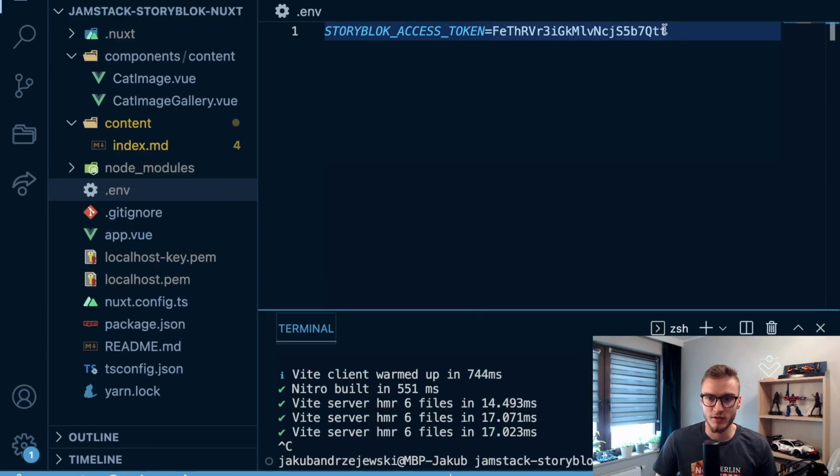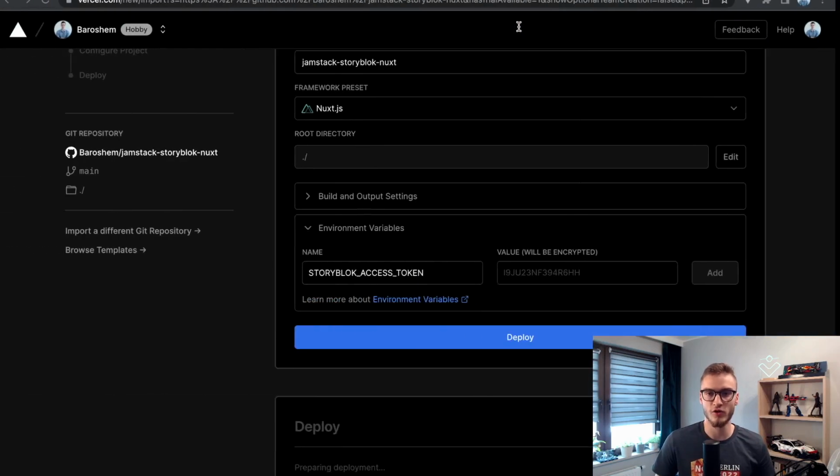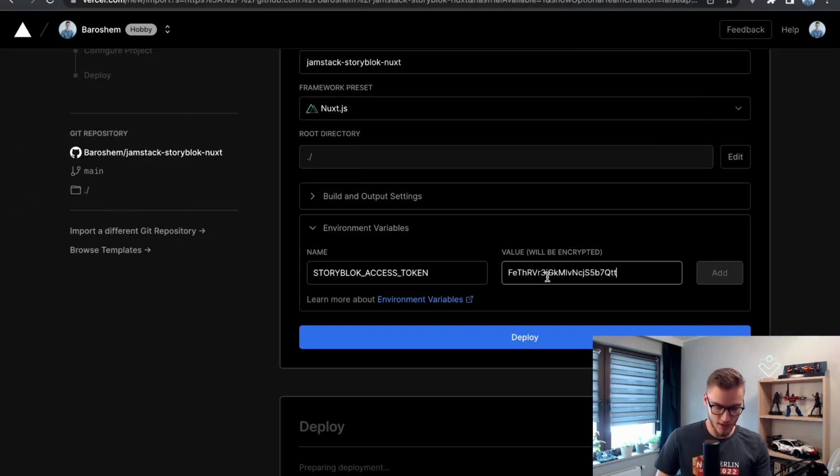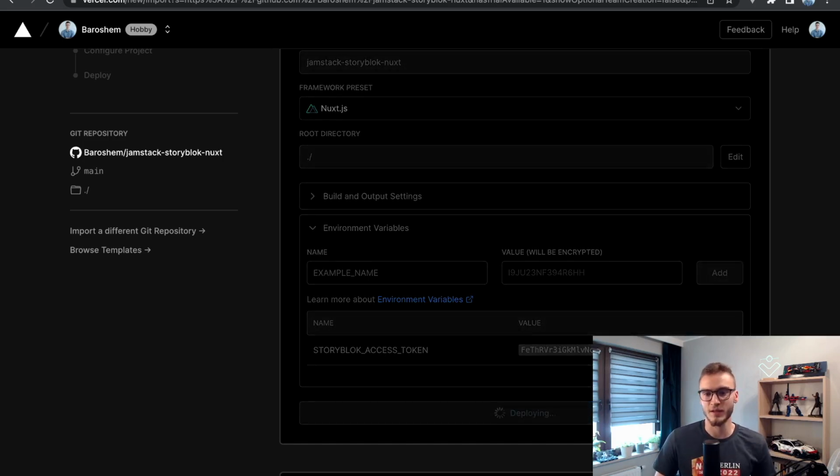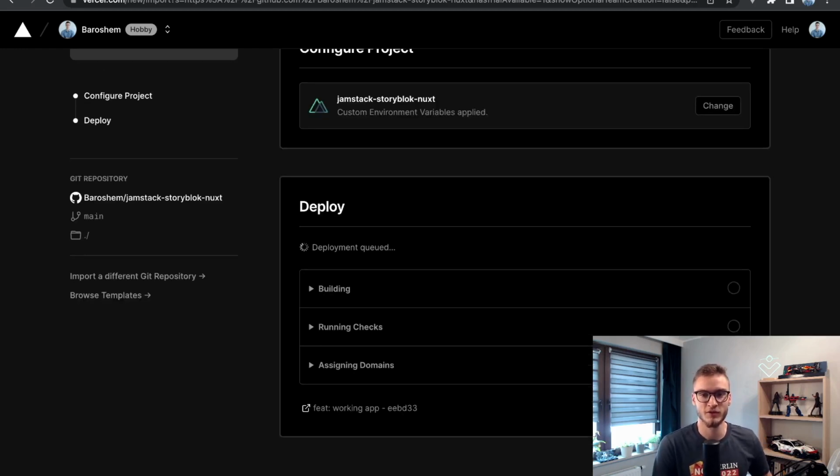And finally, in here, we'll just copy the value of the Storyblok access token and add it here. And this will be encrypted by Vercel, so it won't be that easy to get the data or the value of my access token. So right now, what we'll do is just click deploy,